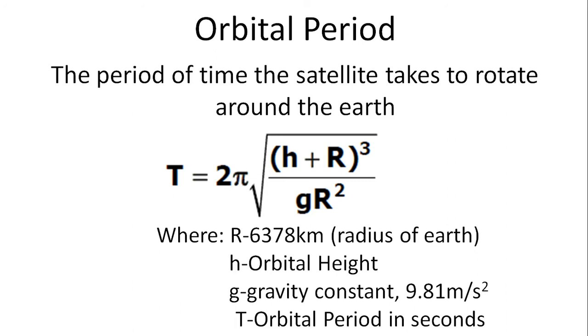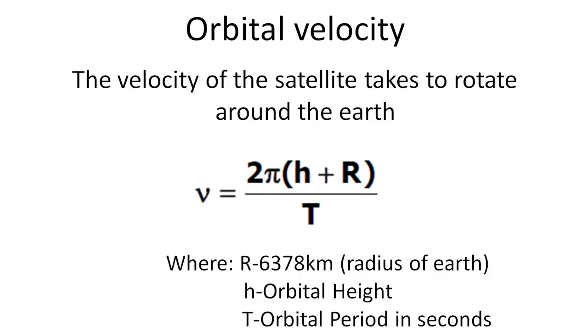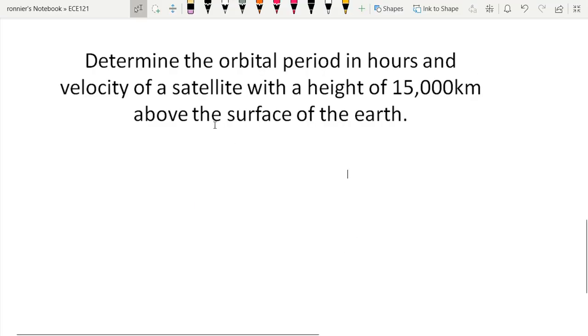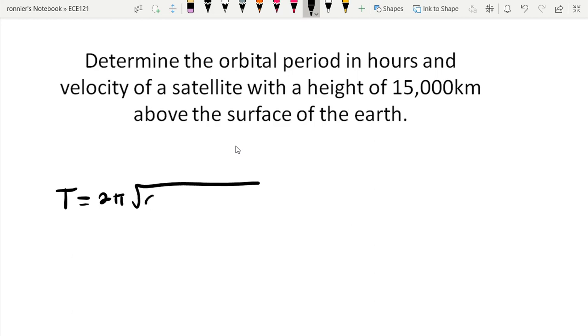Okay? So, next, orbital velocity is the velocity of the satellite that it takes to rotate around the Earth. So, 2 pi times h plus r divided by the orbital period. So, let's have an example. Determine the orbital period in hours and velocity of the satellite with a height of 15,000 km above the surface of the Earth. So, orbital period is T equals 2 pi square root of 15,000 times 10 to the